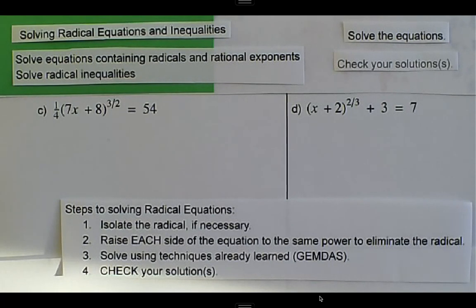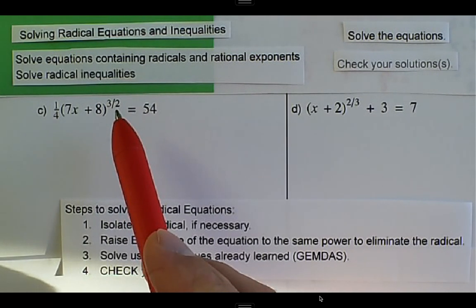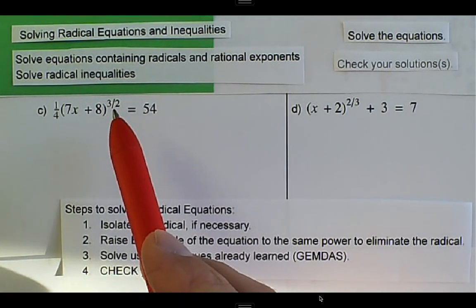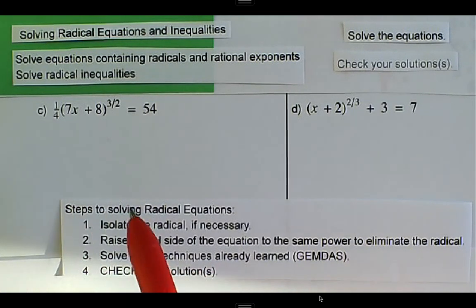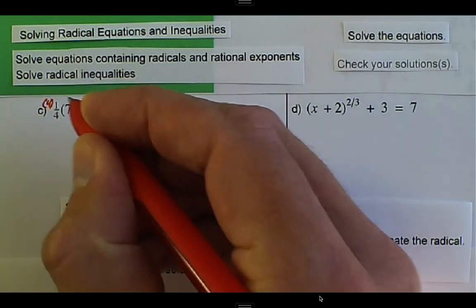Radical equations and inequalities, and we're going to do a couple examples of solving radical equations. So the first thing is we have to solve the equation and we have to isolate the radical. In this case, our radical is the square root. So we have to get that isolated, but right now we have a 1/4 out front. So the first thing that we can do is multiply both sides by 4 to get rid of